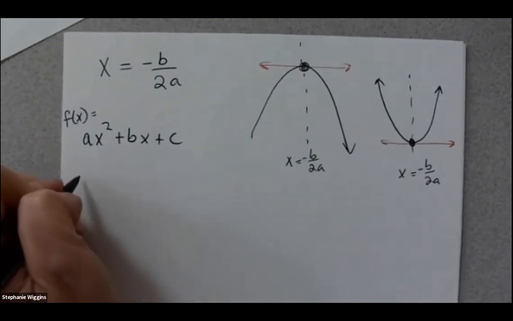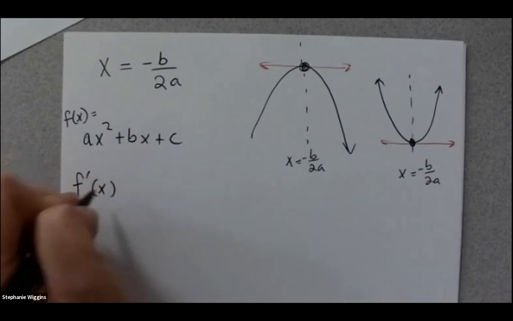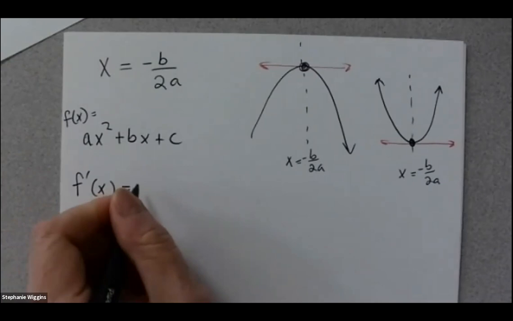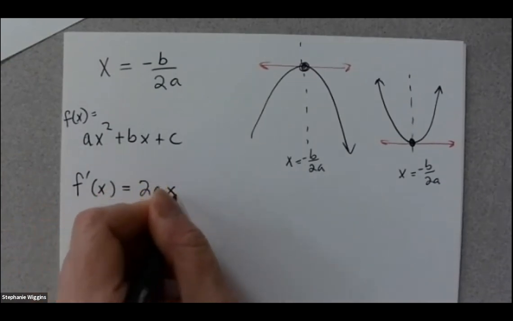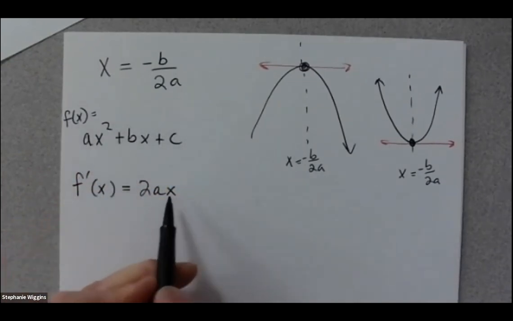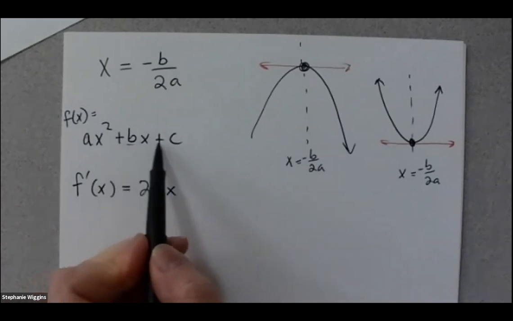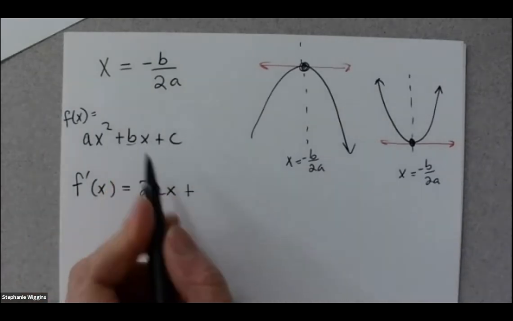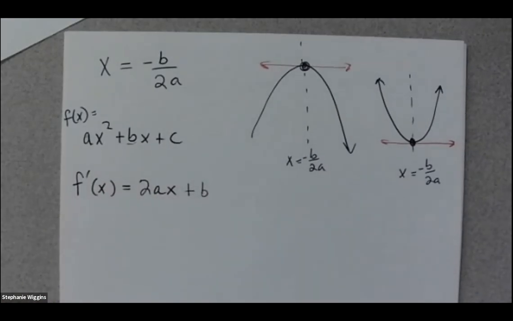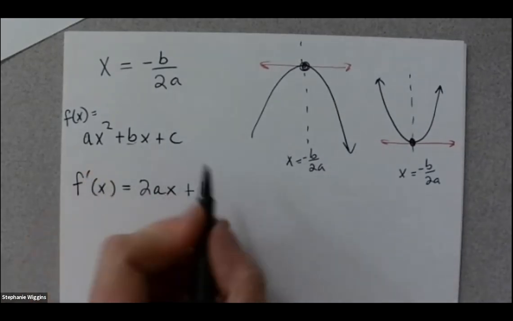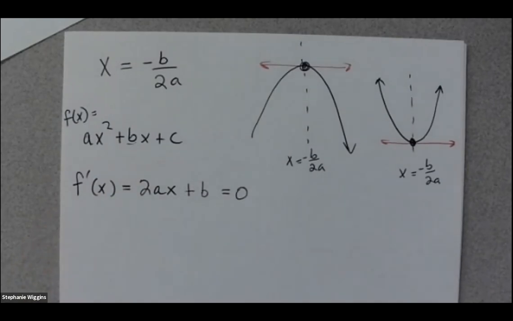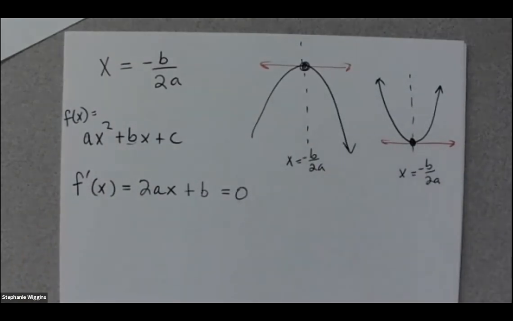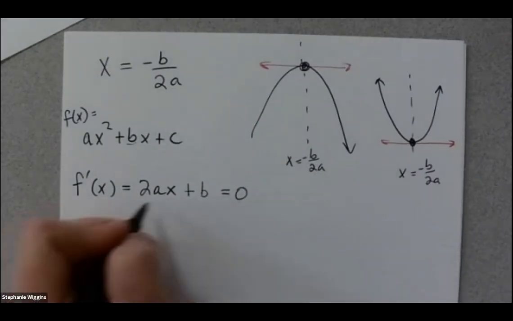And if you take the derivative of this function, using the power rule, 2 times a, subtracting 1 from the exponent, you just get x. And this is the linear part, so the derivative is the slope, which is this constant in front of the x. So here's the derivative. If I set that equal to 0, then I can find the critical values, which is where the max and min occur. And so solving for x,